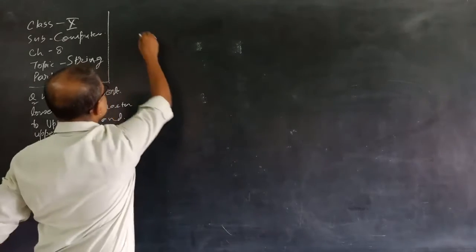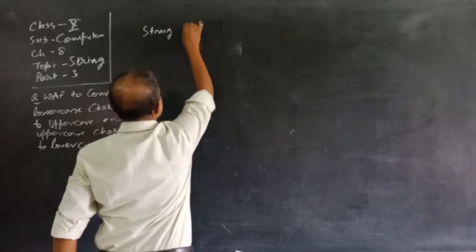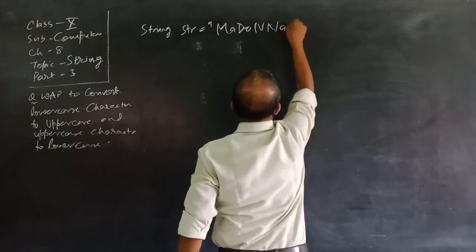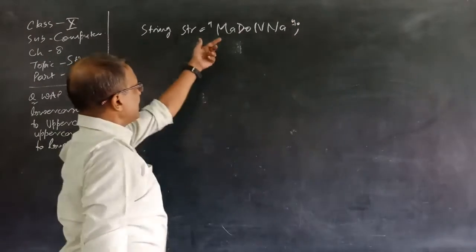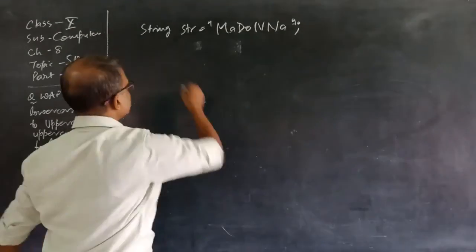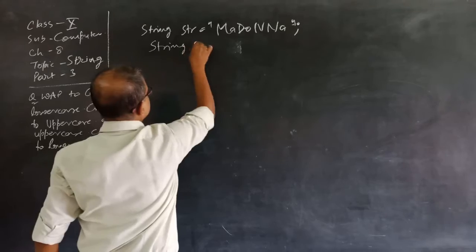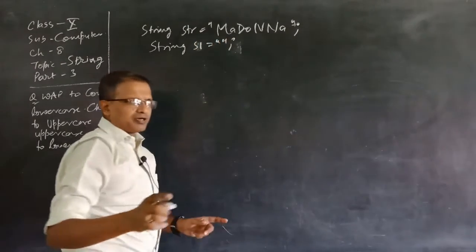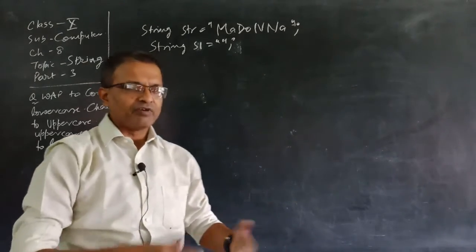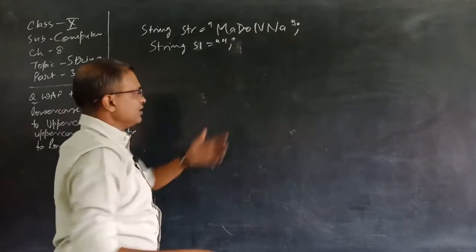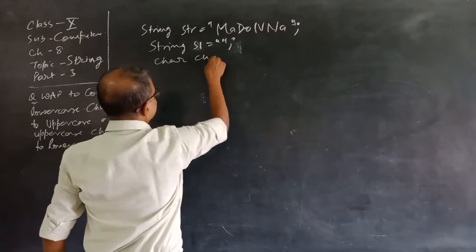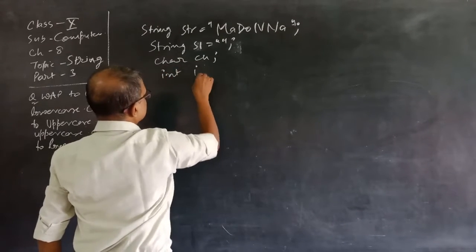So let's start. First of all, declare a string str equal to "Madonna", and as we have to convert lowercase to uppercase and uppercase to lowercase, that will be stored in another string. So declare one more string s1 equal to blank. Always remember, in Java the string is not updated in itself. We cannot update the existing string. So here is one more string s1. Now declare character type variable ch, int i to run the loop, and j.